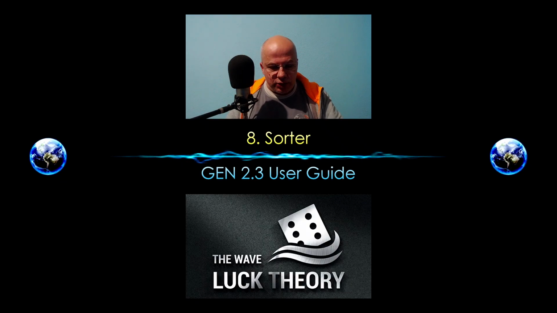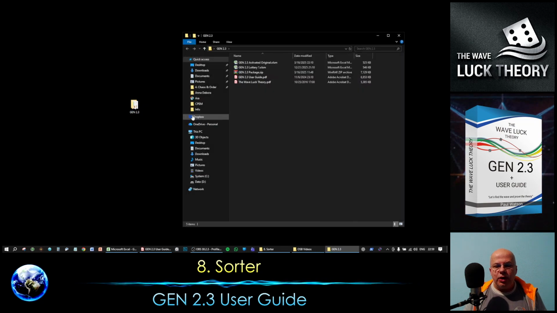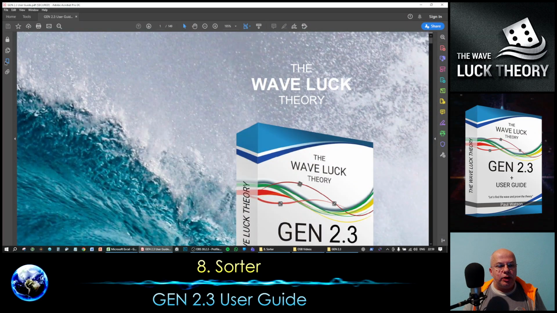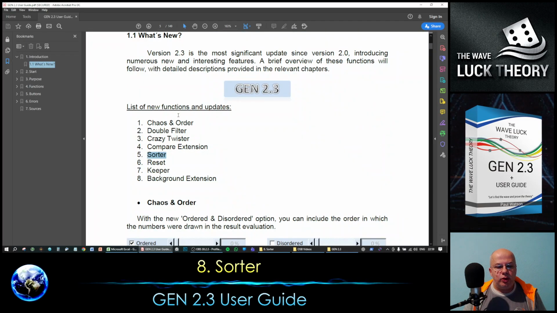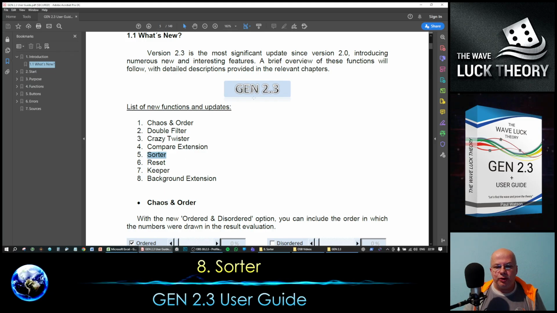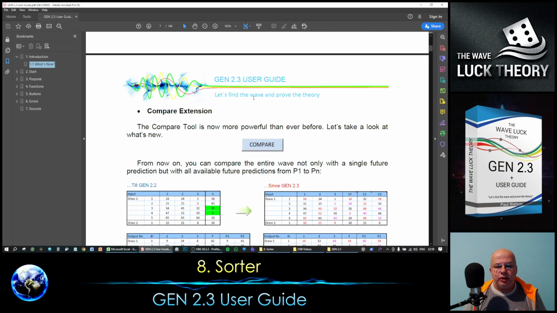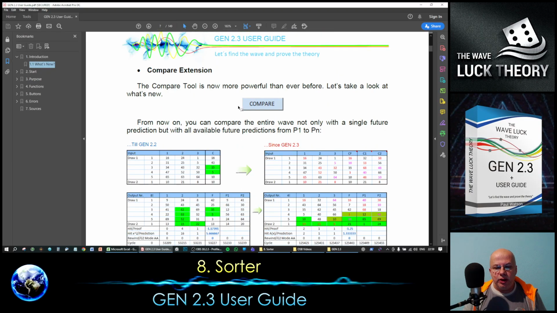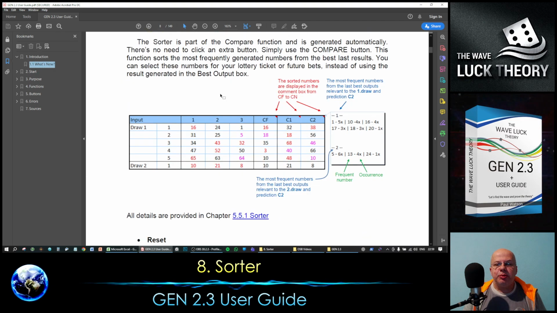Now let's get started. As usual, I will open the Gene 2.3 folder, go directly to the user guide and the content, and jump to the introduction to see what is new. So here is the sorter as the fifth new feature of Gene 2.3. Scrolling down, we can see the compare function extended, and the sorter is also briefly described, and all the details are in the chapter right here,